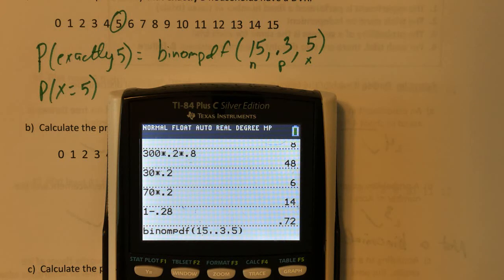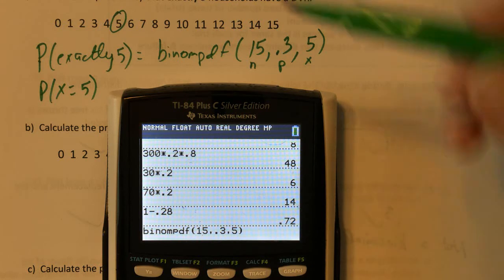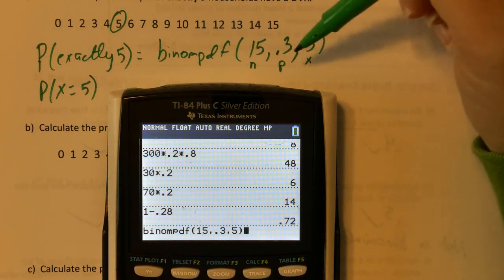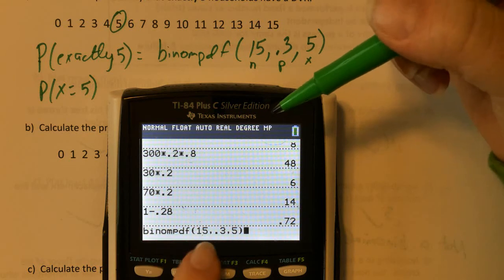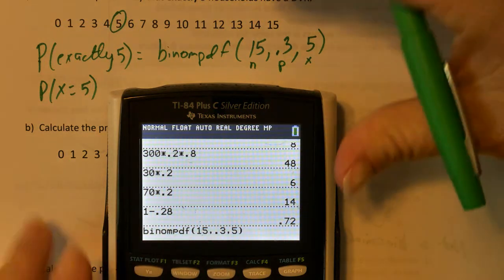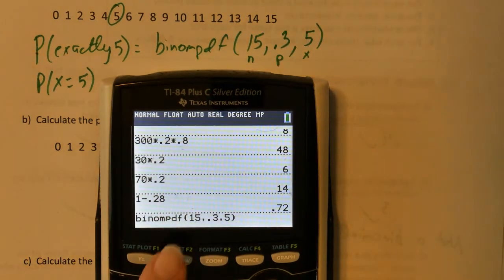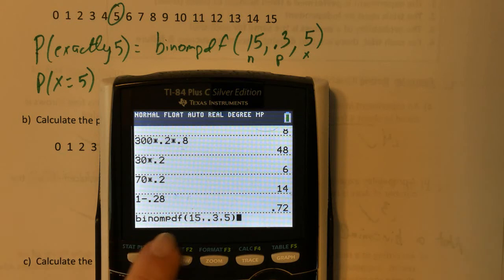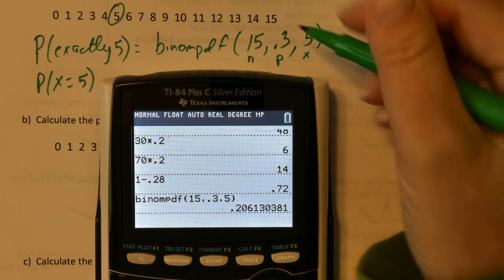If you are using an 83, it does not prompt you. It does not say how many trials, what was your P, what was your X. It does not ask you for those. When you hit binomial PDF, it just gives you the parentheses, and you have to know on your own to type 15, comma, 0.3, comma, 5. Okay, so it wants the same thing. It just doesn't prompt you for those values individually. Okay, and then we hit enter, and it says